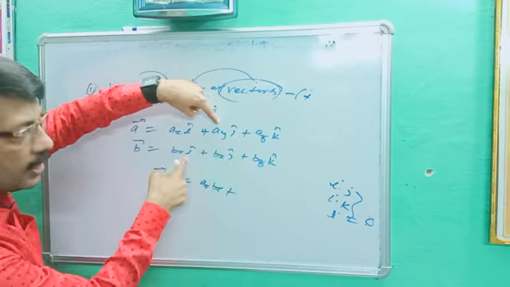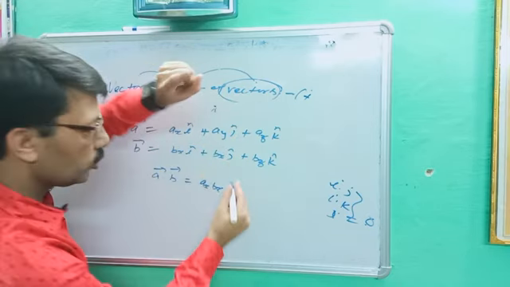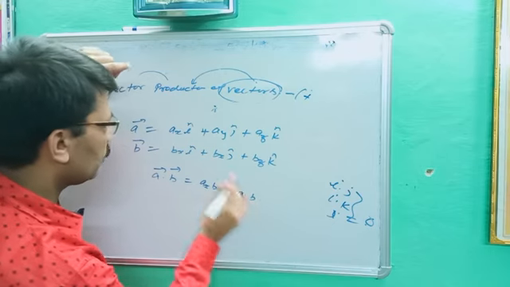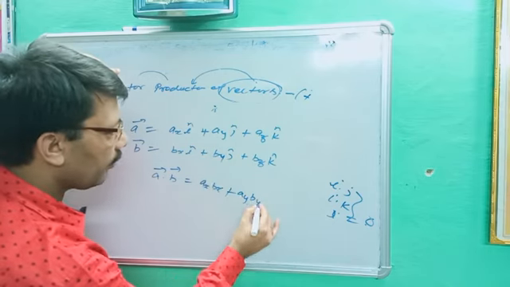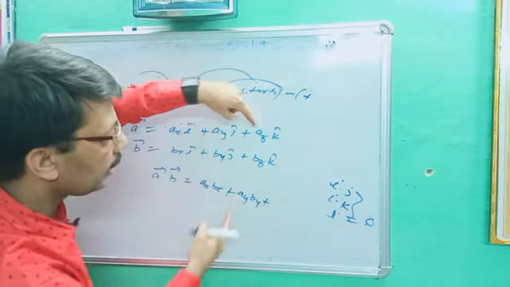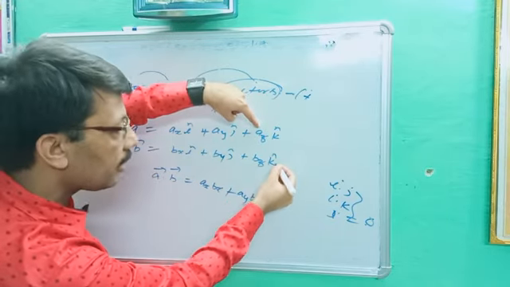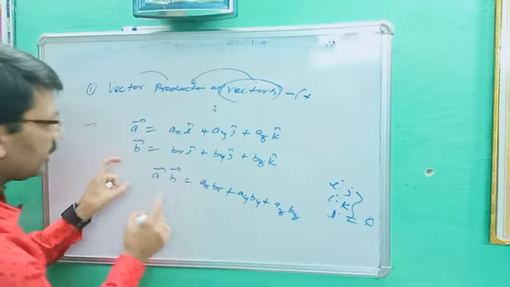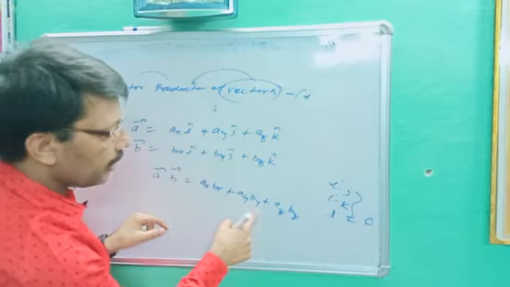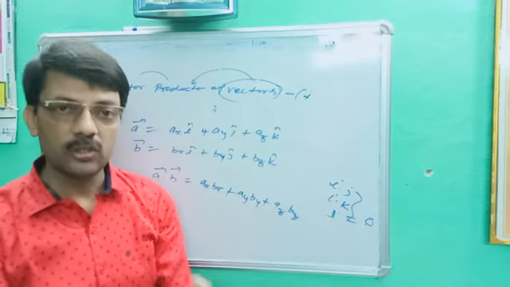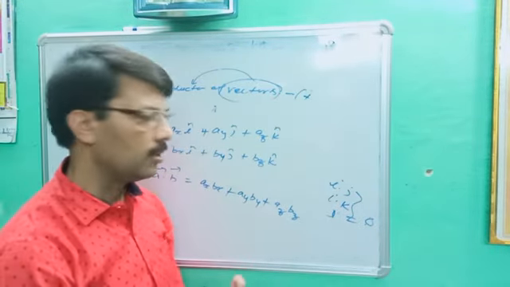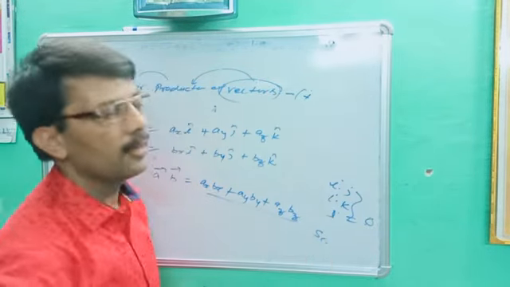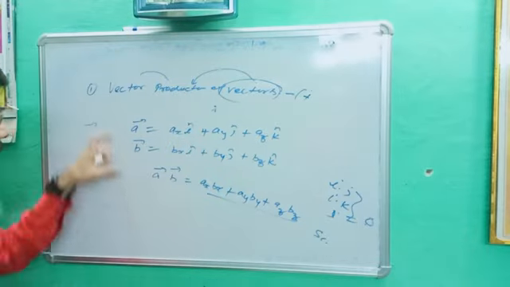So first answer ax bx, plus the next term. You better know j and i is 0, j dot j is 1, so you will get ay by, and the remaining will be 0. Here az with bz, because k dot k is 1 and the remaining will be 0. So your answer will be ax bx plus ay by plus az bz, and the remaining values are 0 due to their characteristic. So what is the answer? This is a vector, this is a vector, but this whole quantity is a scalar. Directly you can get the answer. This is the dot product.